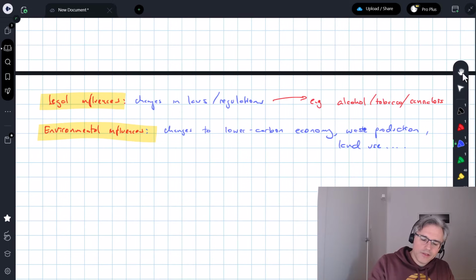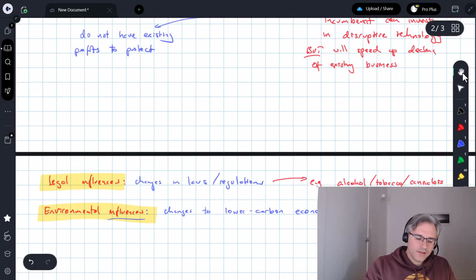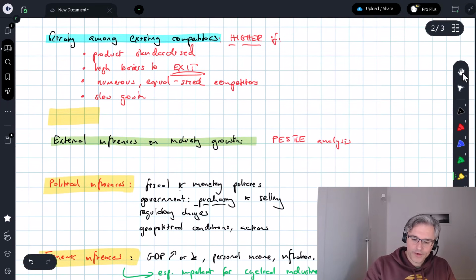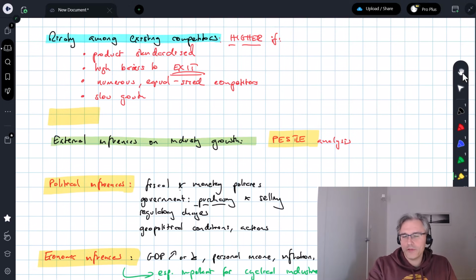So this, once again, there is a lot of overlap between environmental, legal, and political here. At least I think so. And anyway, you just have to know these 6 letters from the PESTLE framework and what's behind each one. And I'm quite confident I've given you enough food for thought there now to understand what's going on in each category.